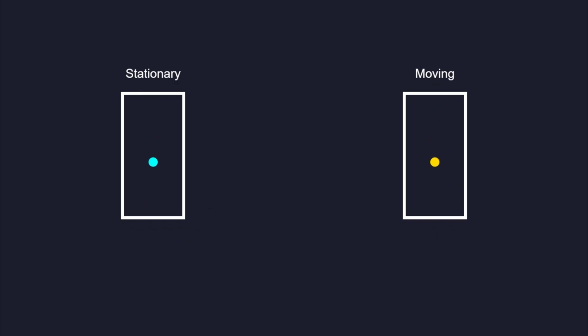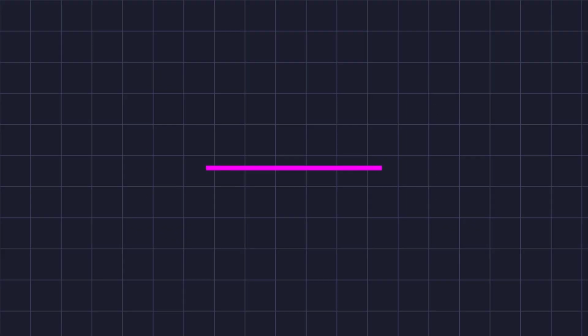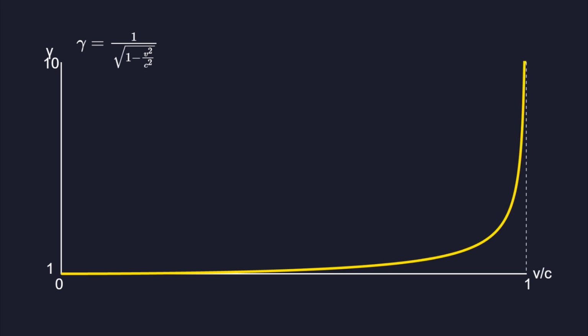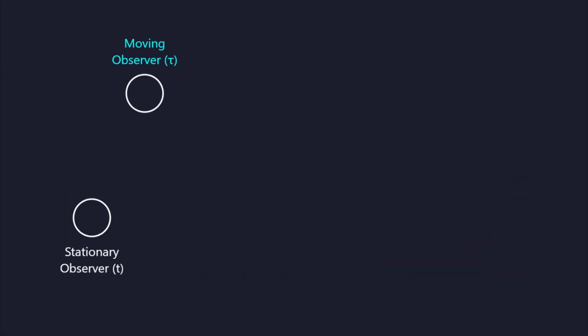As an object moves faster, time for that object slows down relative to a stationary observer. This is not a mechanical clock error, but a stretching of the temporal dimension. The graph of time dilation shows a nearly flat line at low speeds, where relativistic effects are negligible. Only as velocity exceeds 90% of the speed of light does the curve spike upward toward the asymptote of infinite